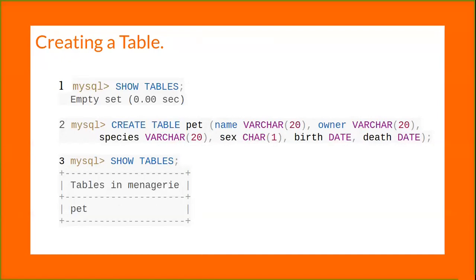How about age? That might be of interest, but it is not a good thing to store in a database. Age changes as time passes, which means you would have to update your record often. Instead, it is better to store a fixed value, such as the date of birth. Then, whenever you need age, you can calculate it as the difference between the current date and the birth date. MySQL provides functions for doing date arithmetic, and so this is not at all difficult.